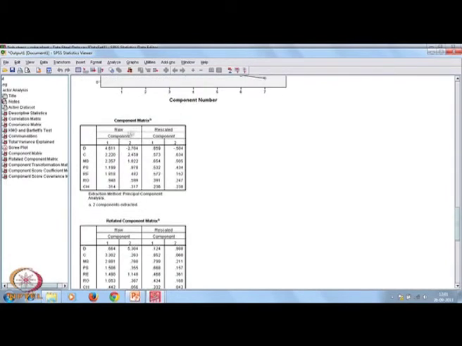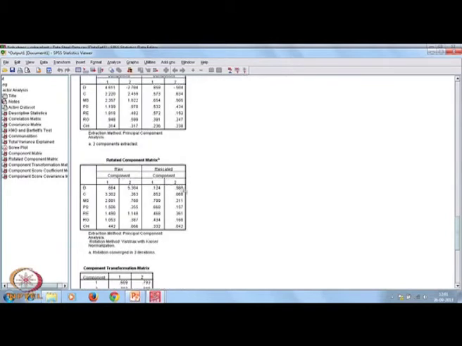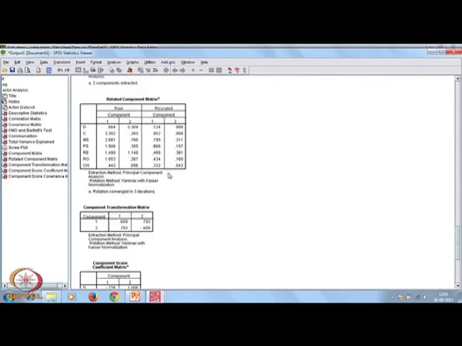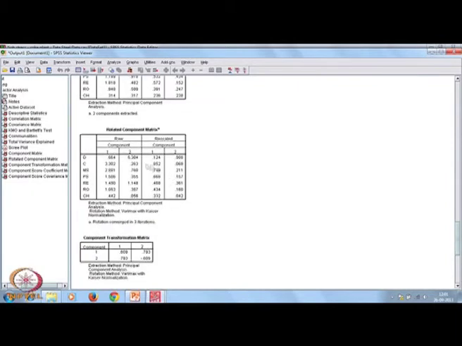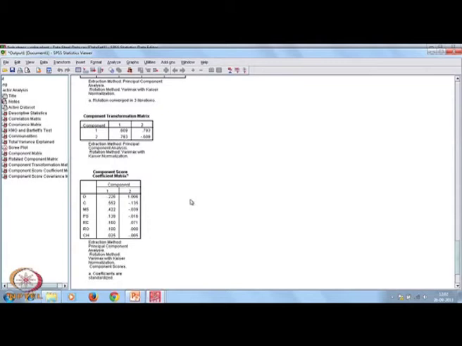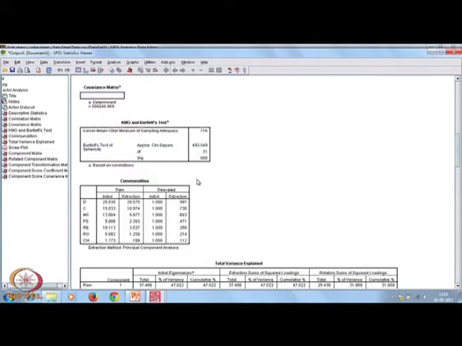Now these are the component matrix, your raw component versus scaled component, and the factor loadings are given here, and your rotated component is also given. This one is your original case, this is your rotated case, and the component transformation matrix using rotated factor.